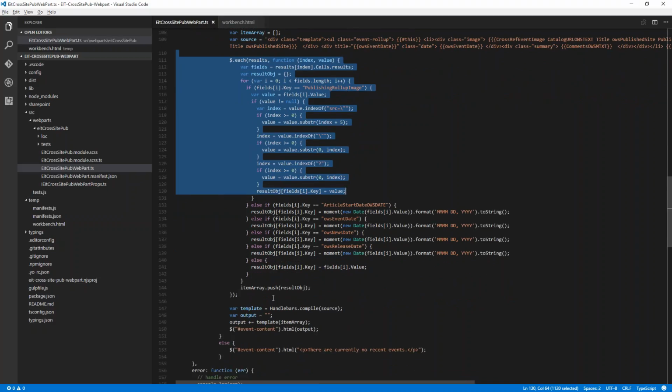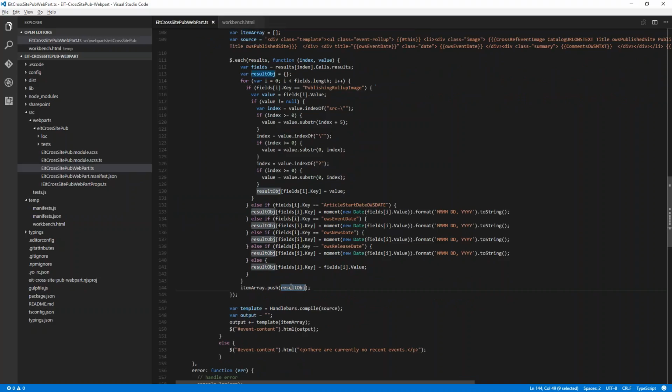So ultimately, I'm building up this results object, and I'm going to call into Handlebars. Handlebars takes a template, and for now I've actually just baked it right into the code here. So here's the HTML that it's going to spin through to create the rendered HTML. And the way that Handlebars works, you see these